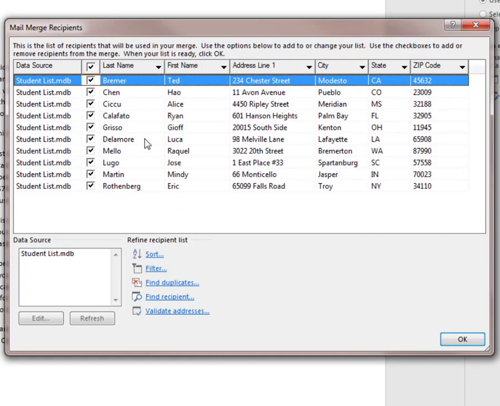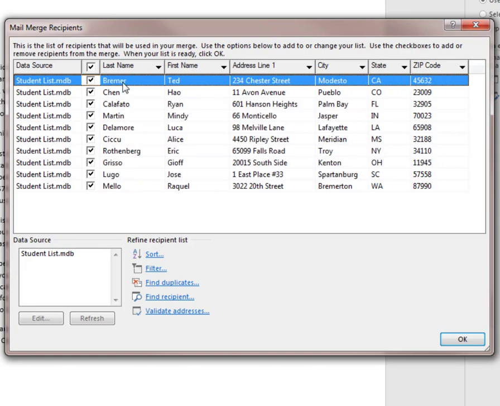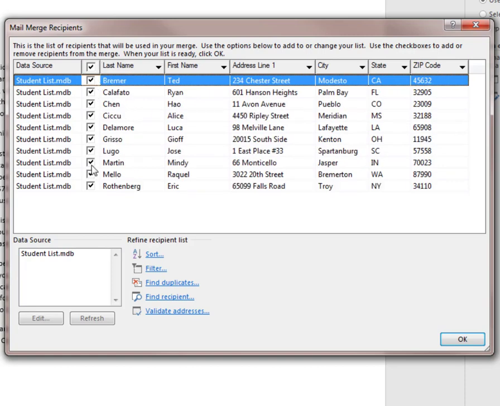Right now it's sorted alphabetically by last name, but if we were going to do bulk mailing and instead of 10 we had 1,000, we might want to sort this by zip code because the post office gives us a break if we do that. We do just want to use this by last name. We don't want to uncheck anything here. We do want to use all 10 records,